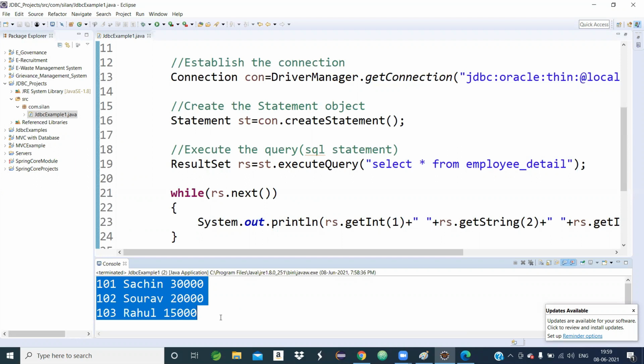You wrote a Java program, executed it, and got the output, with data coming from the employee_detail table in the Oracle environment. This is all about JDBC application.